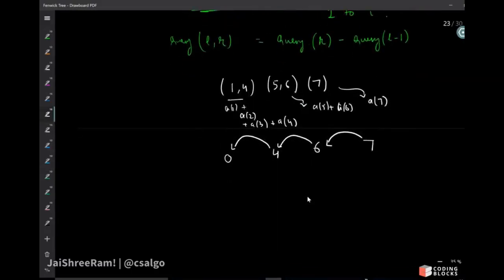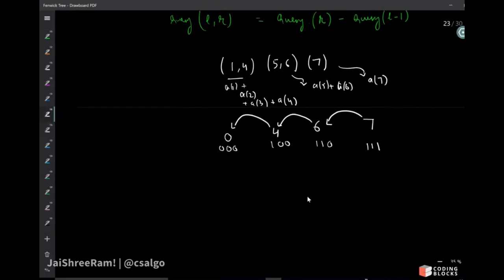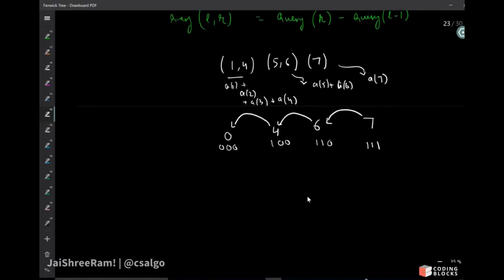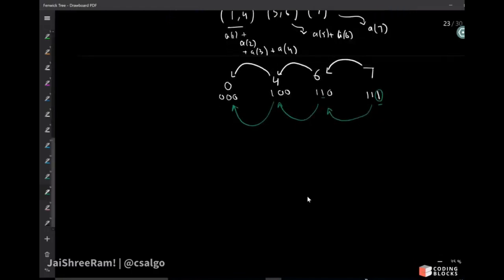और 0th इंडेक्स पे 0 पड़ा हुआ है, राइट। तो 7 का जो बाइनरी है वो 1 1 1 है, 6 है आपका 1 1 0, 4 है आपका 1 0 0, एंड ये है आपका 0 0 0, राइट। तो आप देख सकते हो जो हम आइट्रेट कर रहे हैं, हम हर आइट्रेशन में लास्ट सेट बिट हटा रहे हैं, इसको हमने हटा दिया, राइट। तो हम 6 पे आ गए, इसको हमने हटा दिया तो हम 4 पे आ गए, इसको हमने हटा दिया तो हम 0 पे आ गए, राइट। तो लॉजिक बहुत ही फिर क्लियर है।